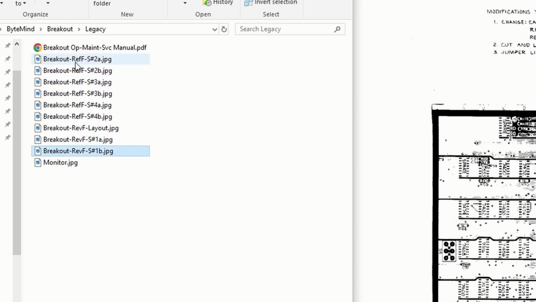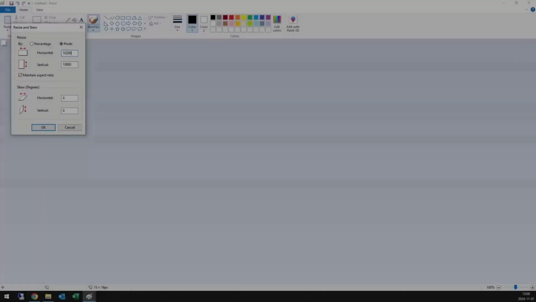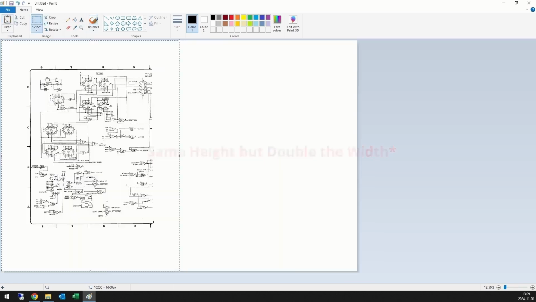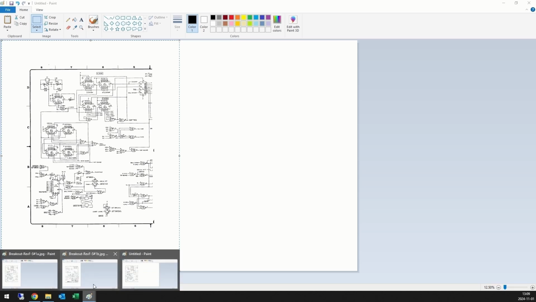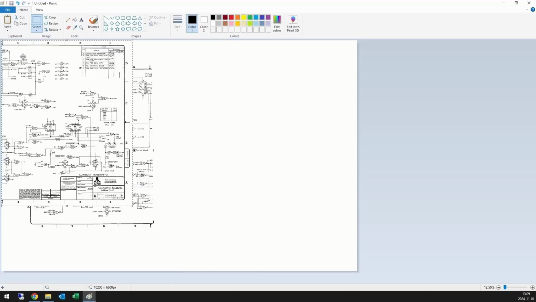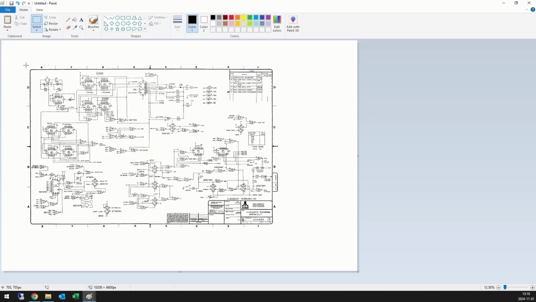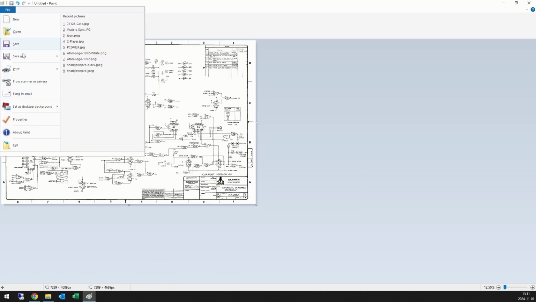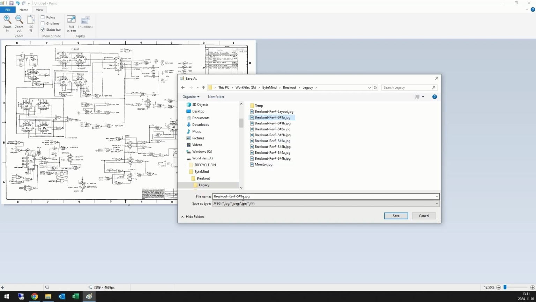Oops, fix that. Don't laugh, but I'm going to combine these using MS Paint. I'll start with a new image, double the exported size. Copy in the first half directly, then crop and copy the second half in a line. Let's crop the whole thing, clean it up a bit. Save it as just the single sheet and do that for the rest.